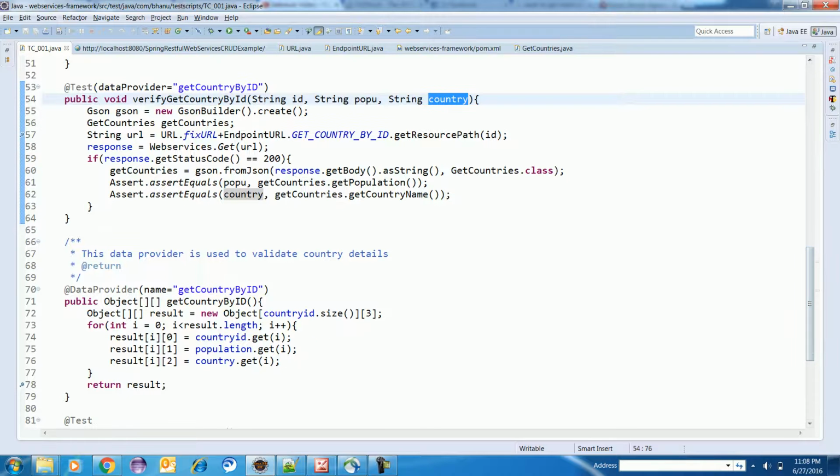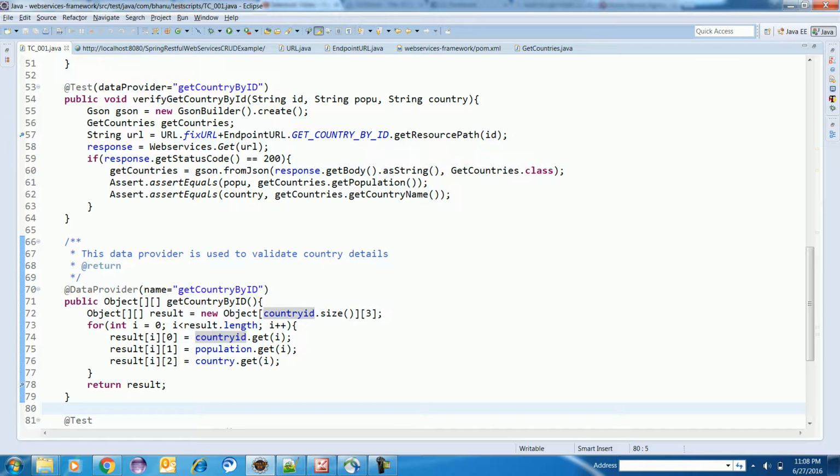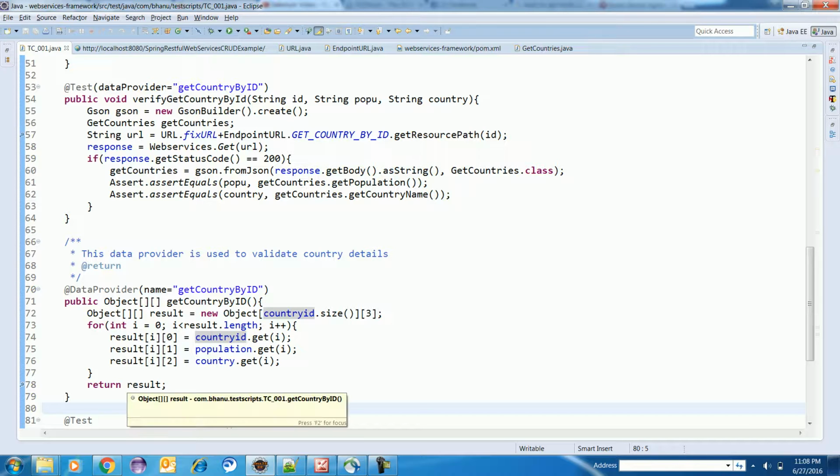Because here we are supplying into the data provider, and our data provider is ready and this data provider returns an object array, right? Okay, got it.